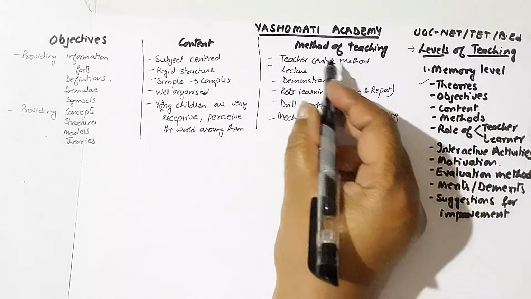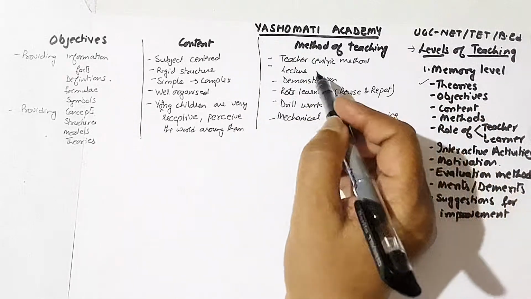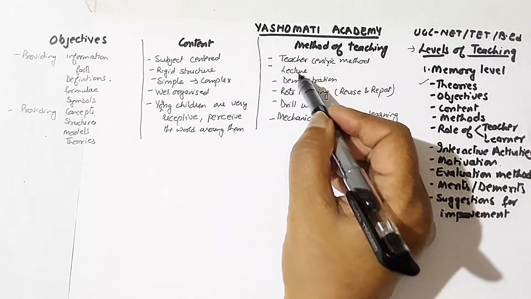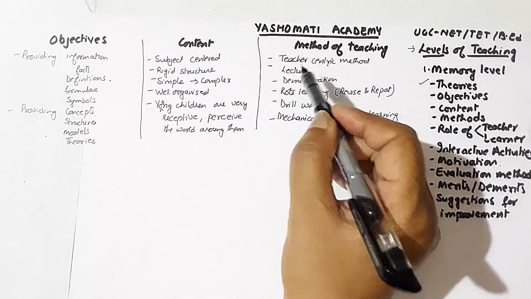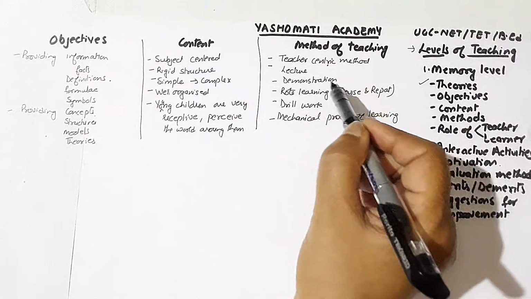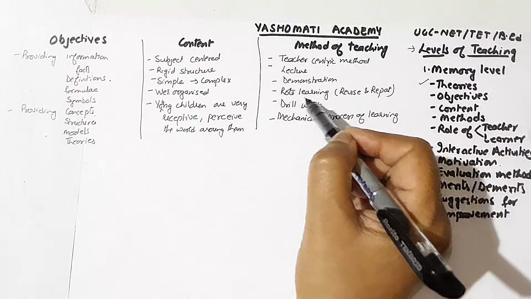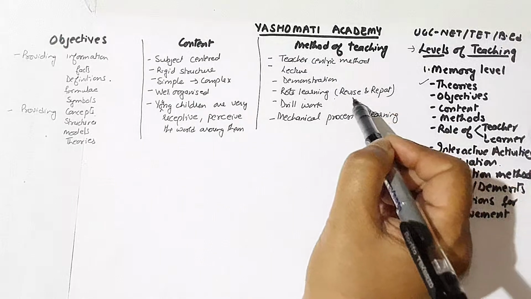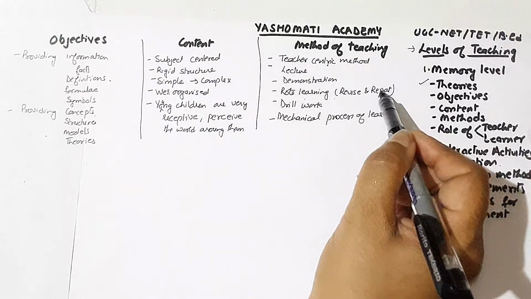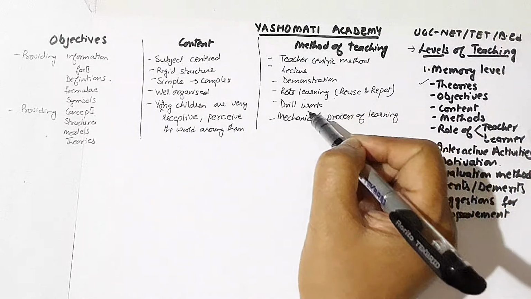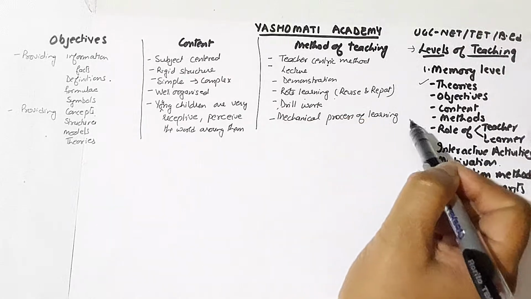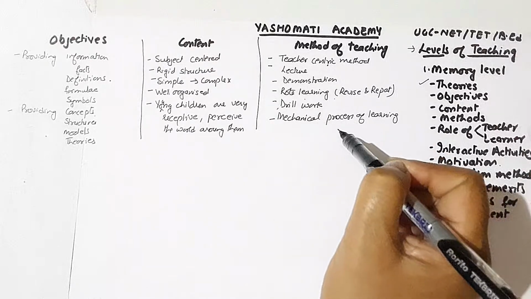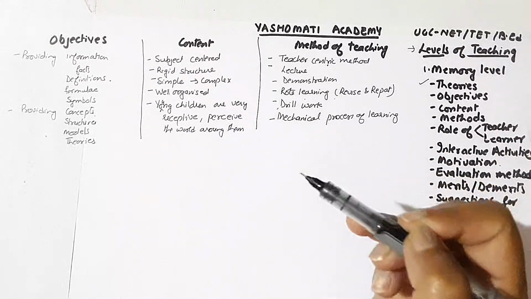So here we will be using those methods which are selected by the teacher, and a lot of work depends upon the teacher, because the teacher has to prepare the lesson, he has to deliver the information, he has to demonstrate, he has to motivate the child for rote learning, and he has to make the child revise and repeat the material again and again. A lot of drill work is required, but that drill work is required to be a mechanical process.